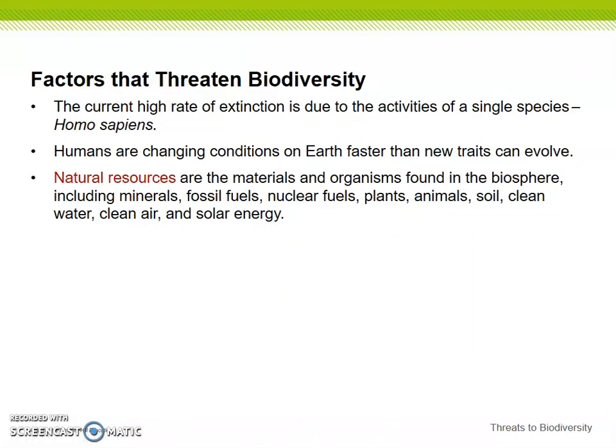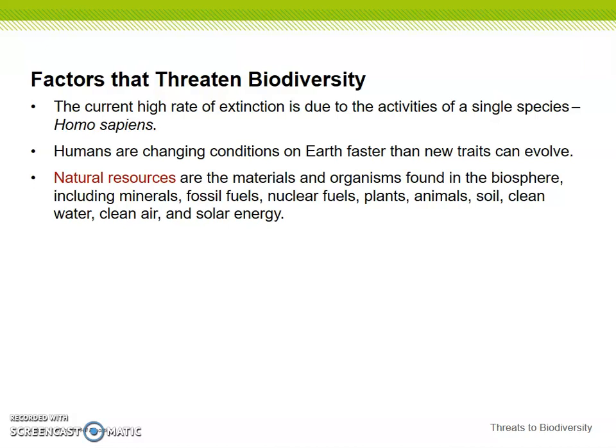Factors that threaten biodiversity. The current high rate of extinction is due to the activities of a single species, Homo sapiens, also called humans. Humans are changing conditions on Earth faster than new traits can evolve. So if we're doing it faster than those new traits can evolve, then those populations are going to go